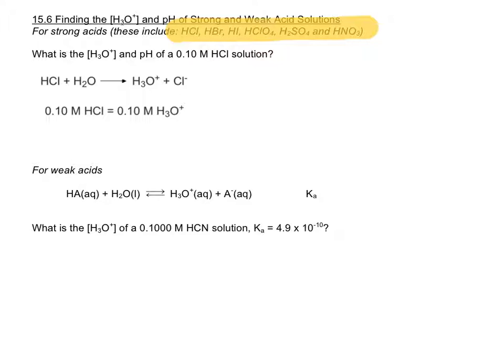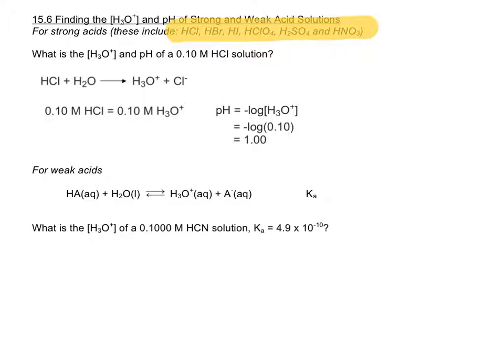All right, and I went over in the last video that the pH is equal to the negative log of the H3O+ concentration. So that's going to be equal to the negative log of 0.10, which is equal to 1. Okay, for weak acids, the situation is a little bit more complicated because for a generic acid, HA,